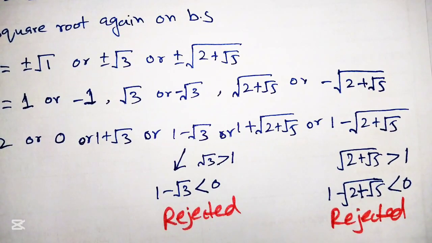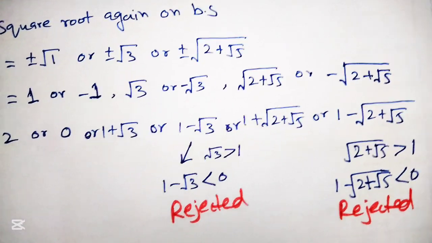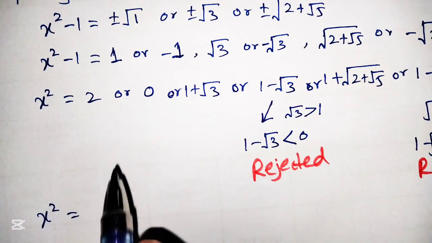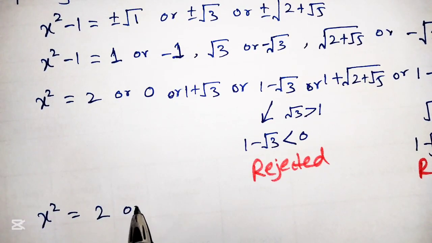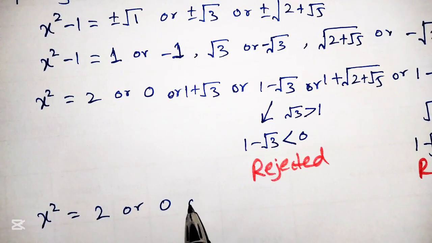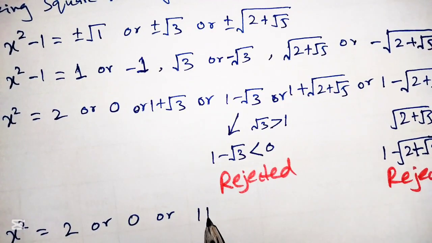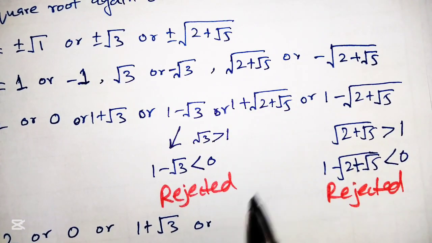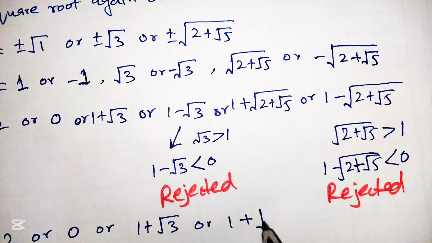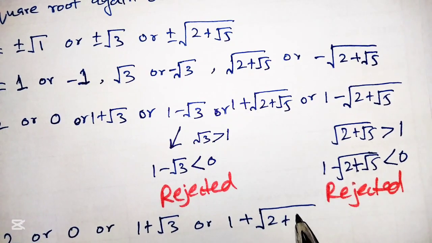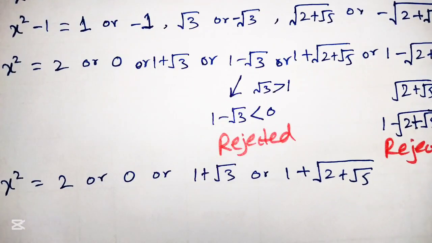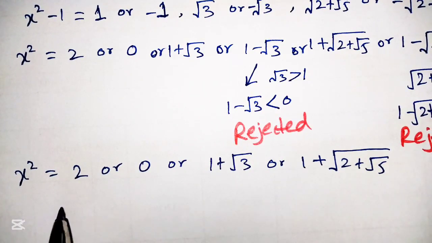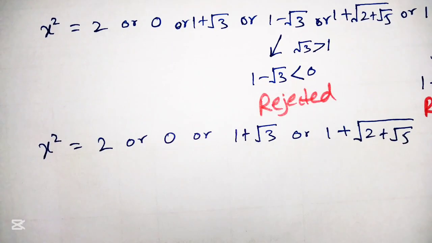and it is also rejected. Now the remaining terms, we can rewrite them as x square is equal to 2 or 0 or 1 plus square root of 3 or 1 plus square root of 2 plus square root of 5. So after rejecting the terms which are less than 0, we get these terms,